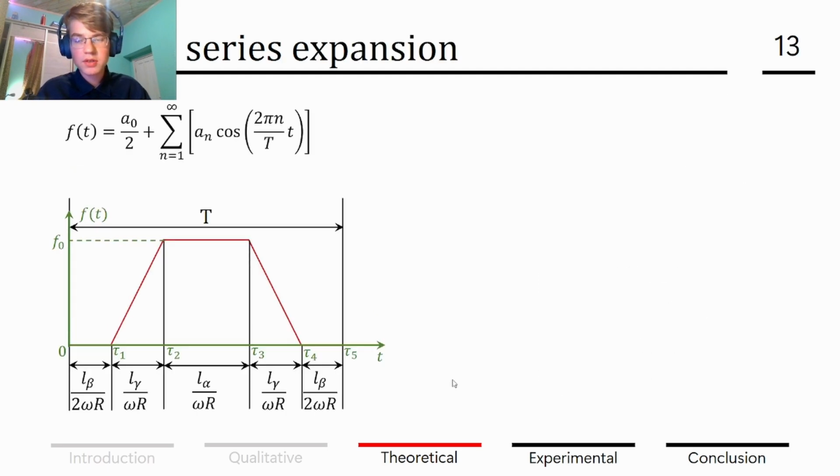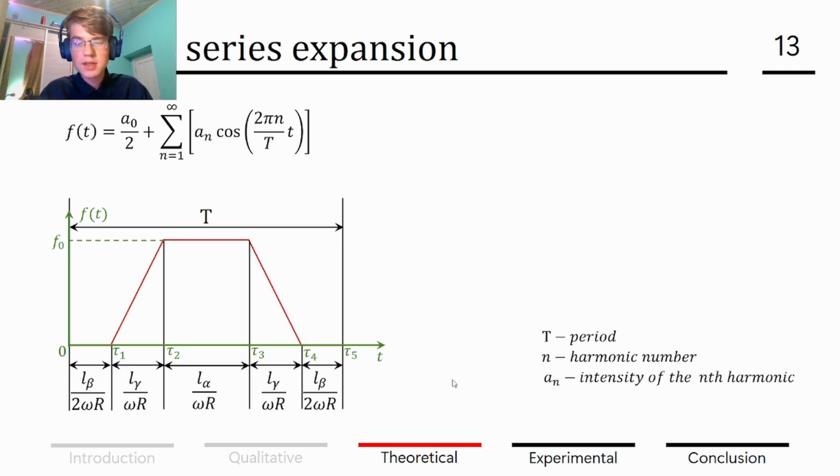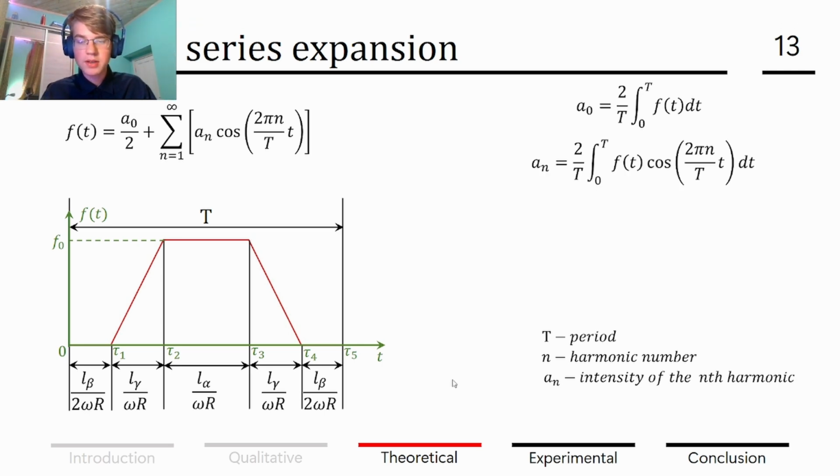Because our function is periodic, it can be represented as a Fourier series, where T is period, n harmonic number, and an intensity of the nth harmonic. Considering the fact that the an is the more general case of a0, we can write down these expressions and write down a formula for the value of an,